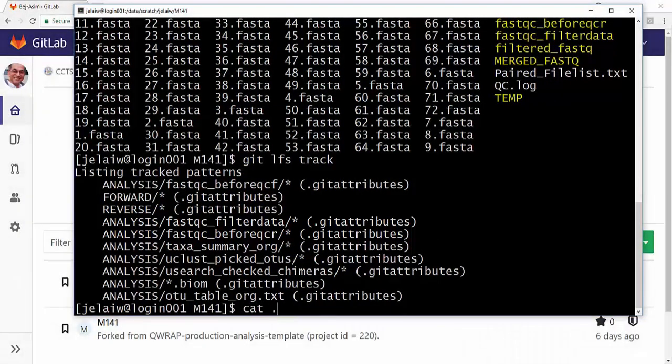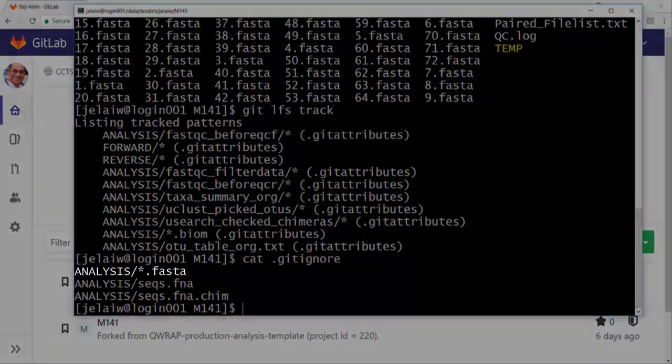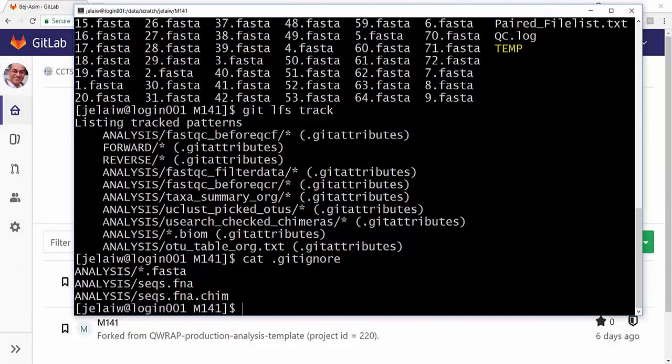And another reminder, let's take a look at the ignore file. We're actually going to send some part of it, we're just going to ignore it. And so we've determined that the FASTA files, for example, are not necessary to save for reproducible research, so we're going to leave those out. So let's run git add and add the analysis directory and its contents, again, according to the LFS rules and the git ignores, to our